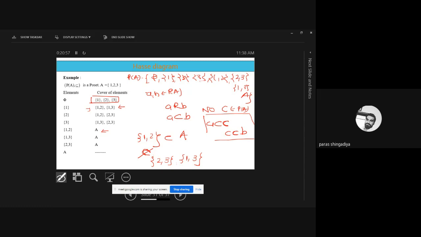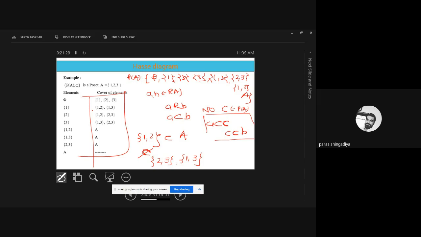Clear? These are the cover elements for the subset relation on P. Okay. If the subset relation is given, this is how we can identify all these answers. Clear? And based on these answers, we can create the S diagram. Without that, we cannot define the S diagram. It should be correct. It should be true. Okay. So, is there any confusion for anyone in this evaluation? Any doubt on how to derive the cover elements?